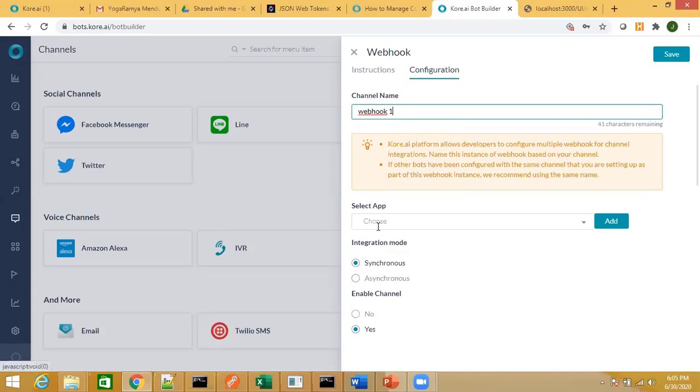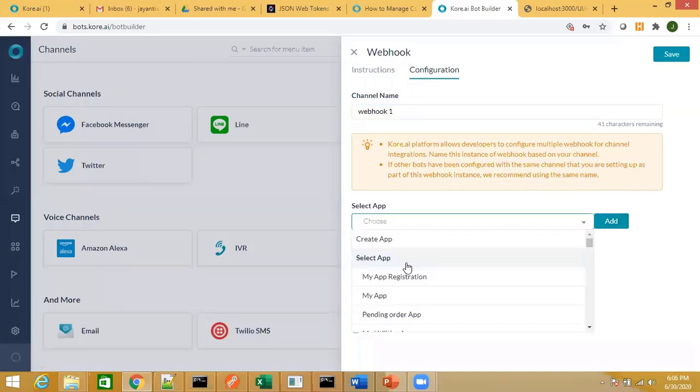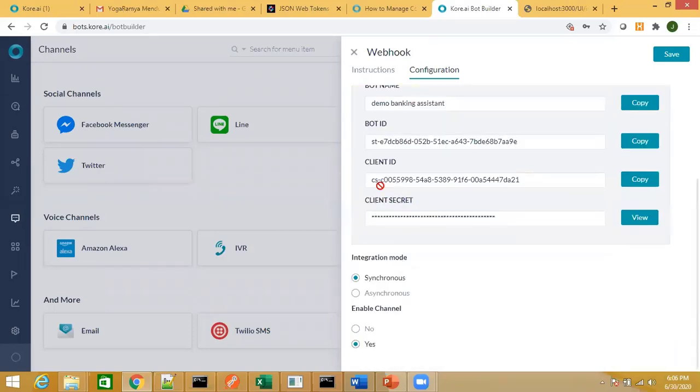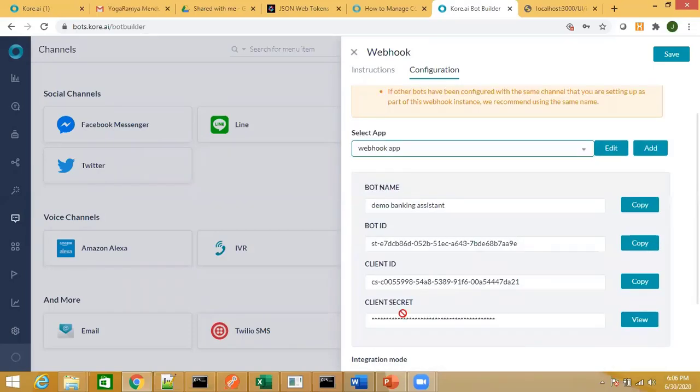Once again, you need to create an app over here, because from that external application, you're going to call the bot. And for the authorization of that call, we will need the JWT, for which we need the client ID and secret. So you can create an app if you don't have one already, or you can select from the existing list of apps. If you want to create an app, you can click over here and give a name to your app. I have a lot of applications already created. I select one of them, and that will give me the client ID and secret that is required to generate this JWT.